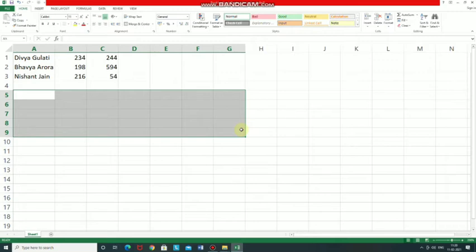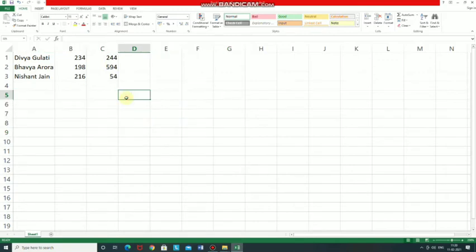Then 3 small buttons appear to the left of the formula bar as soon as you start typing in the cell. The close button. Again I am typing the data here. You can see here these 3 buttons.